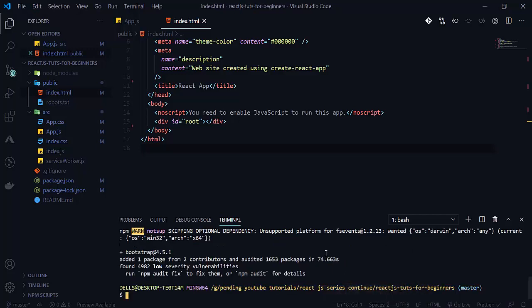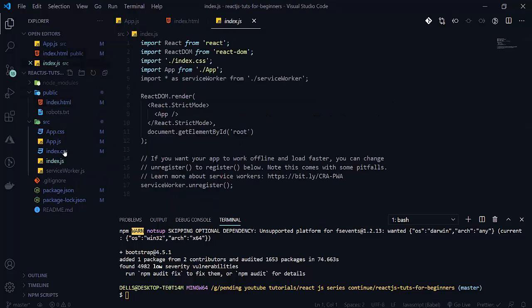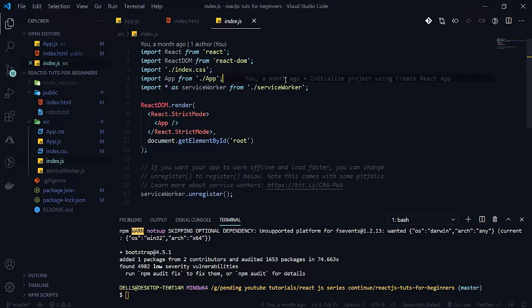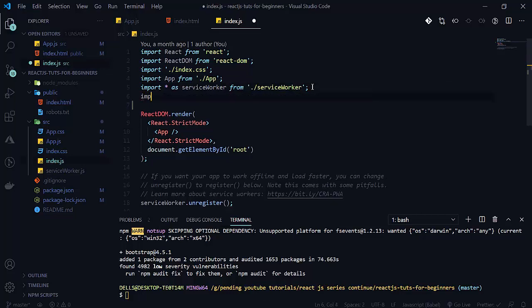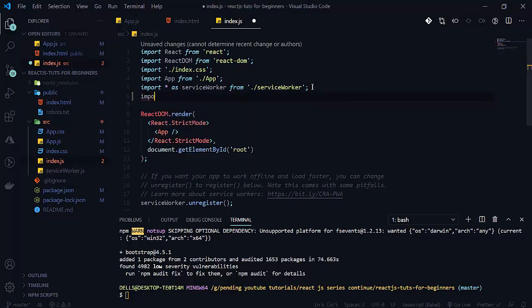Now see that it is installed successfully. Let's see how we can use Bootstrap here. We will use this Bootstrap in index.js. Simply we will import, with double quotes, but not like a module.